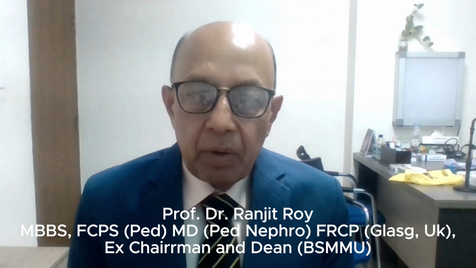Hemolytic uremic syndrome is a triad of hemolysis, acute kidney injury, and thrombocytopenia. Most often, once upon a time, it was due to diarrhea, Shigella, dysentery, and E. coli of various types. But nowadays it is not post-diarrheal or post-Shigella. Rather, it is a wide variety of other disorders like infection, pneumonia,